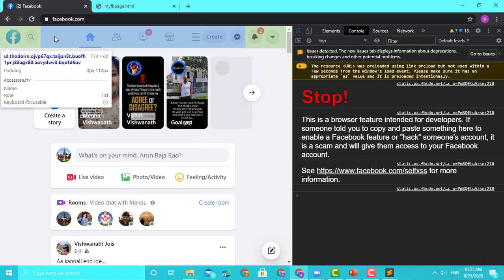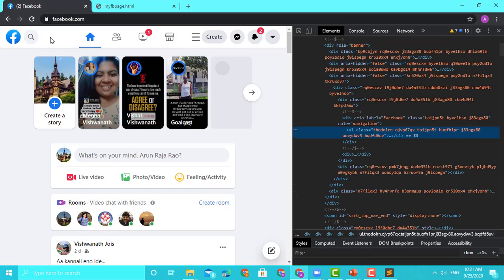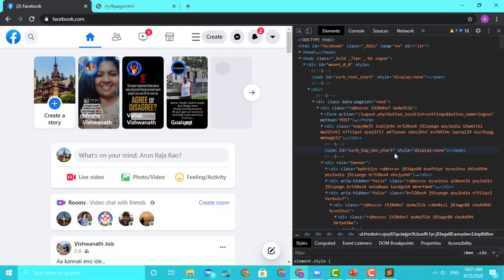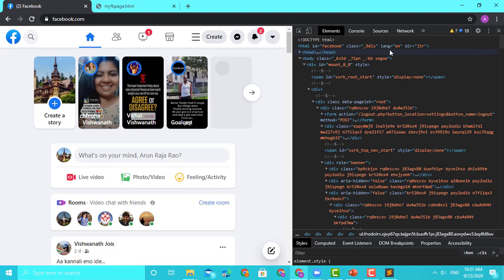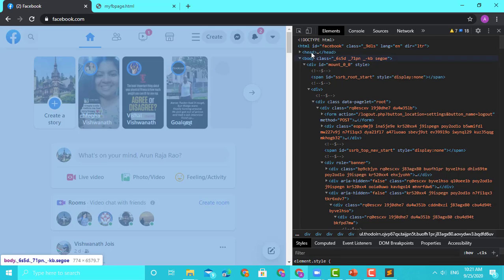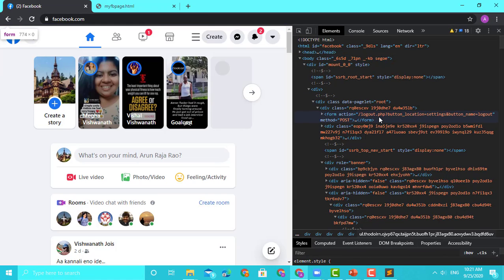So this is nothing but, let's say I come here and click, so what happens? I see the HTML code of this page. It has the HTML ID, class, language, dir, what is the head, what is the body. So all those things are there. Actually, so many of these are dynamically generated. Okay, some of these will be dynamically generated.